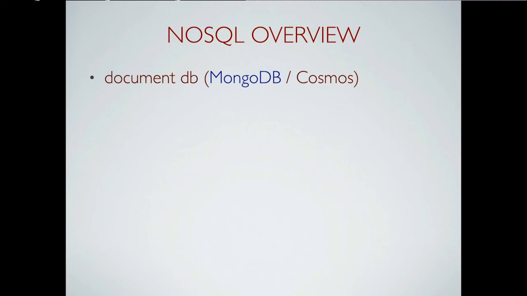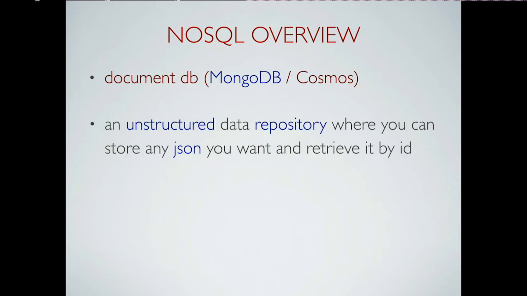However, MongoDB and Cosmos are both document database implementations, Cosmos, of course, being Microsoft's hosted version. And Cosmos is wire compatible with Mongo. And what that means is if you have a Mongo implementation, you've got some data, you can throw it up into Cosmos, just point your application up to Cosmos, and it works. So, anybody here using Cosmos? I expected a couple, but well, it's actually pretty cool, I have to say.